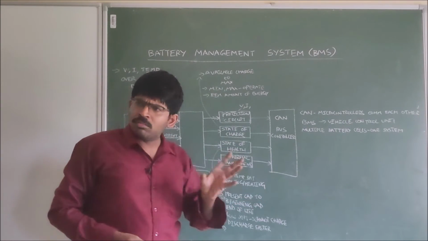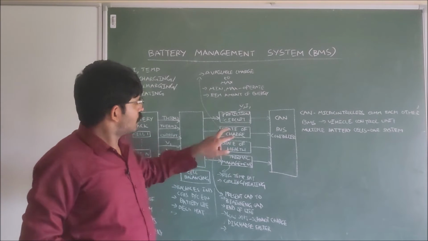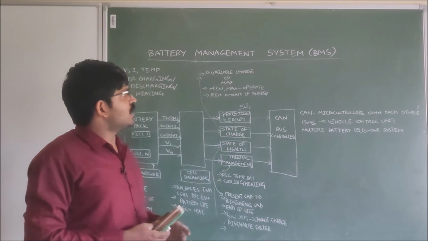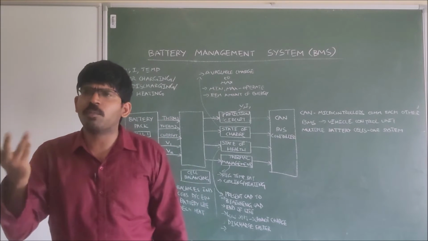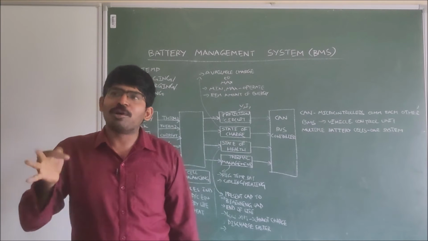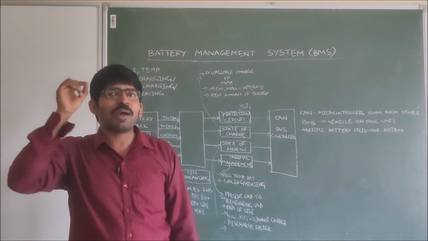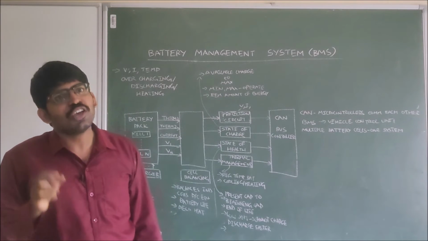Next we have some boxes you see here. State of charge. In this state of charge, what is the available charge? 30%, 40% in the mobiles. How are you knowing 30%? For example, imagine in your mobile, how much percentage charging is there. If you do not know,